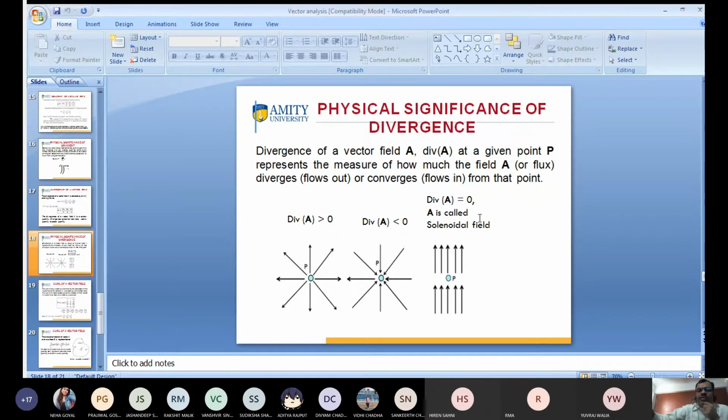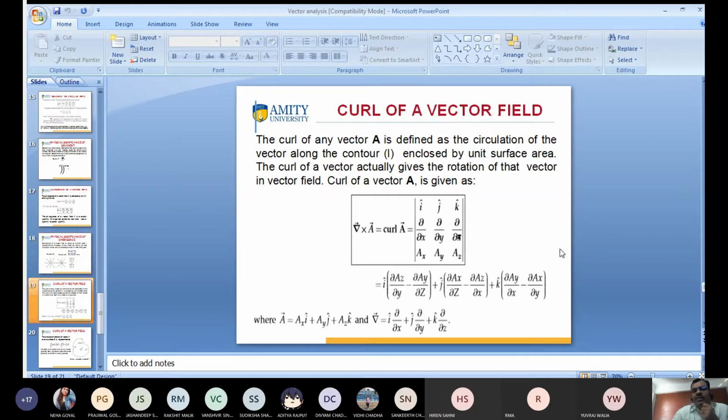Okay, so this is known as divergence. Next is very important again, curl. Curl is very important. So you keep in mind this is curl. What is this curl? Curl of any vector quantity is defined as, I already told you, when